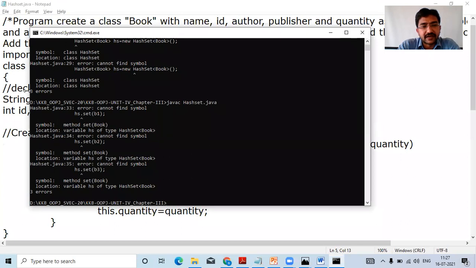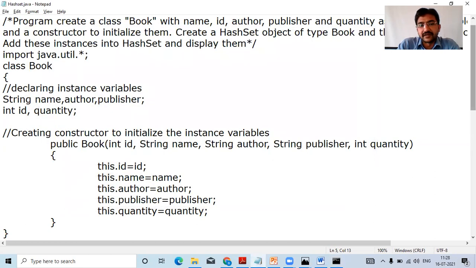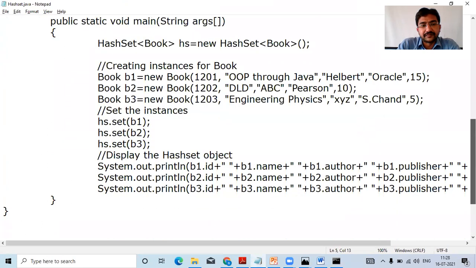HS.set error, can't find HashSet<Book>. There is an error. This is an error. Set. Okay, HS.set. Three errors are coming for this, okay.